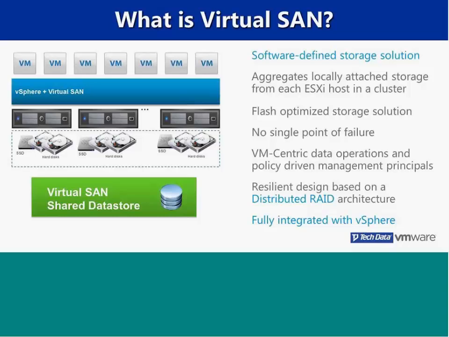So what is Virtual SAN? Virtual SAN allows customers to abstract and pool resources from the internal disks that sit on the ESXi hosts that are participating in a Virtual SAN cluster and create an actual Virtual SAN shared data store, distributing the disks across all of the hosts in the cluster. And the way that we do this is by creating disk groups that have a flash-optimized storage tier for the caching and write buffering and recache of the data. And then the magnetic disks hold the capacity.